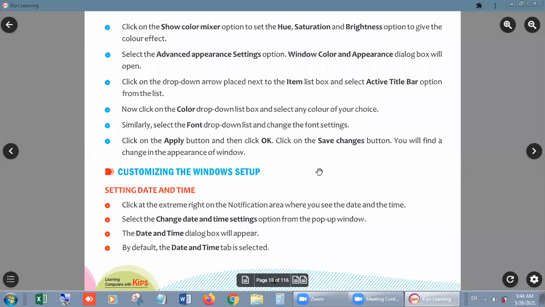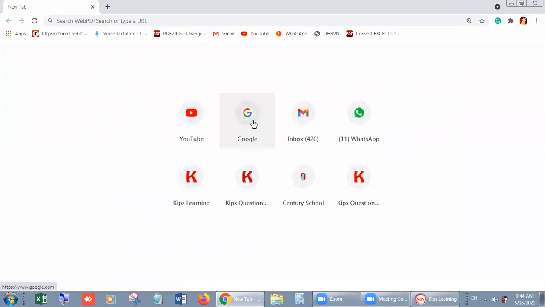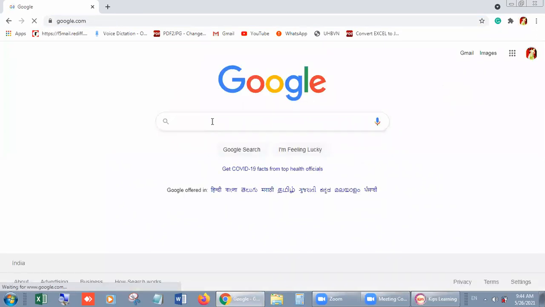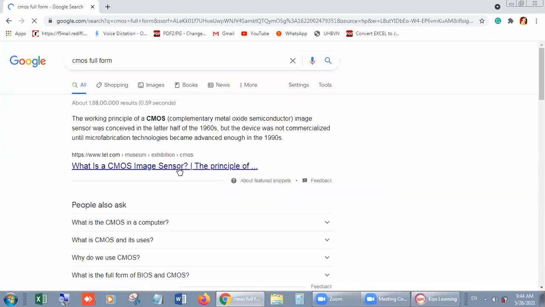I am going to show you the picture of the CMOS which is inserted inside the computer. Look, students, this is CMOS, its full form and its picture.